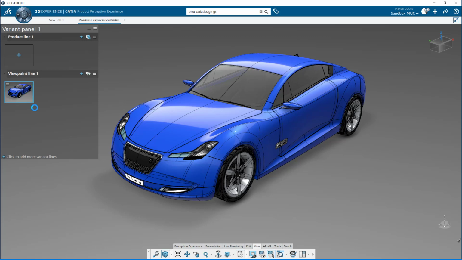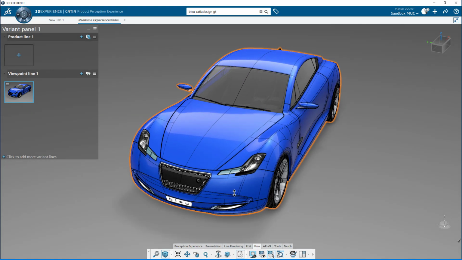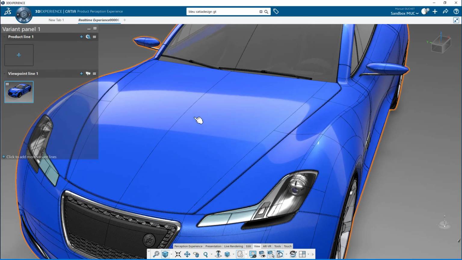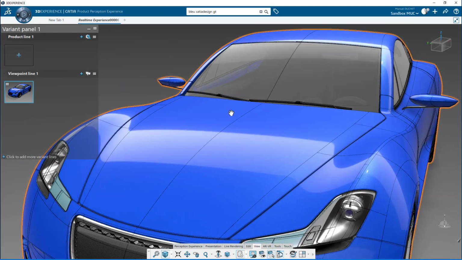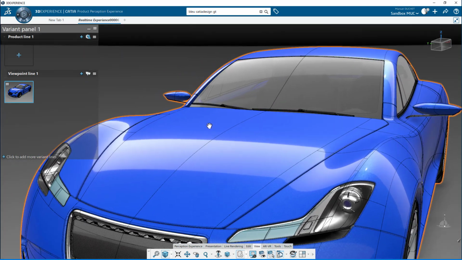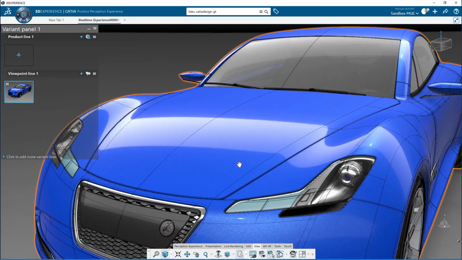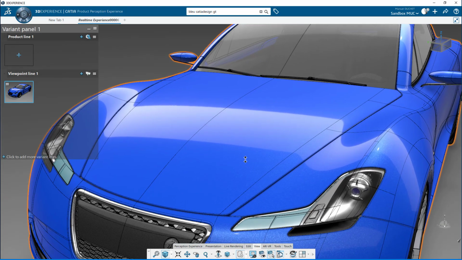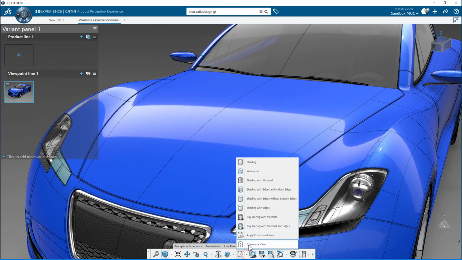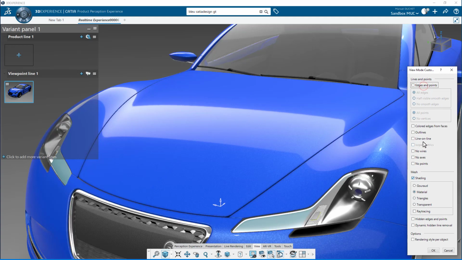Remove the name because the thumbnail is explicit itself. And then the second viewpoint variant will be to focus on the design of the hood. Something like that. Okay, and in this case I will remove the edge, just keep the material shading.